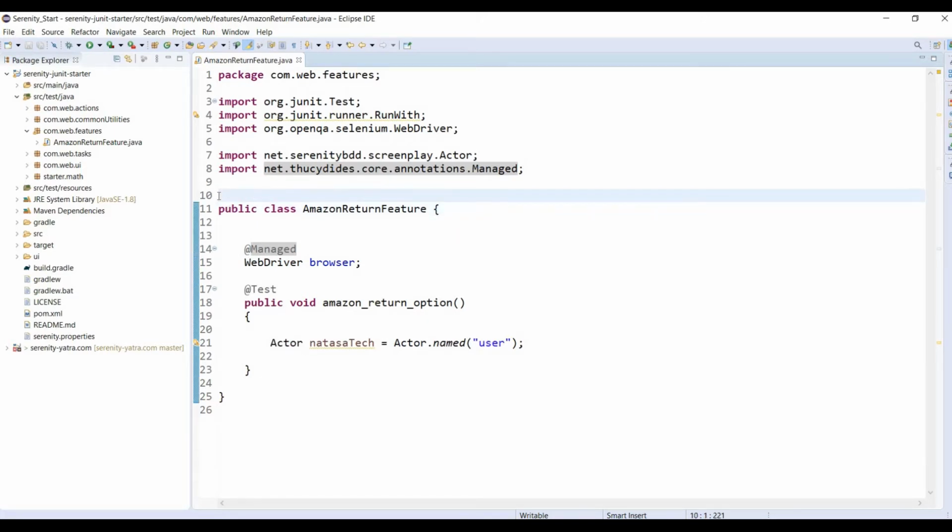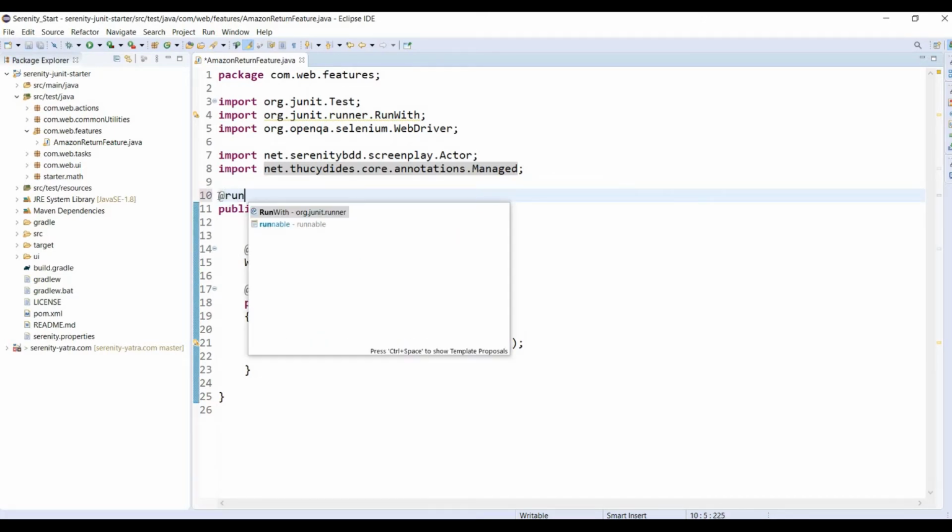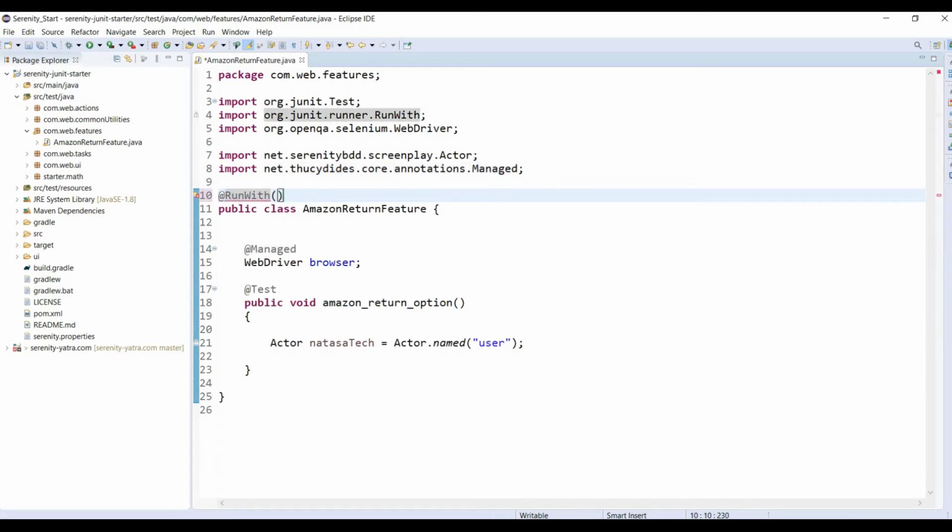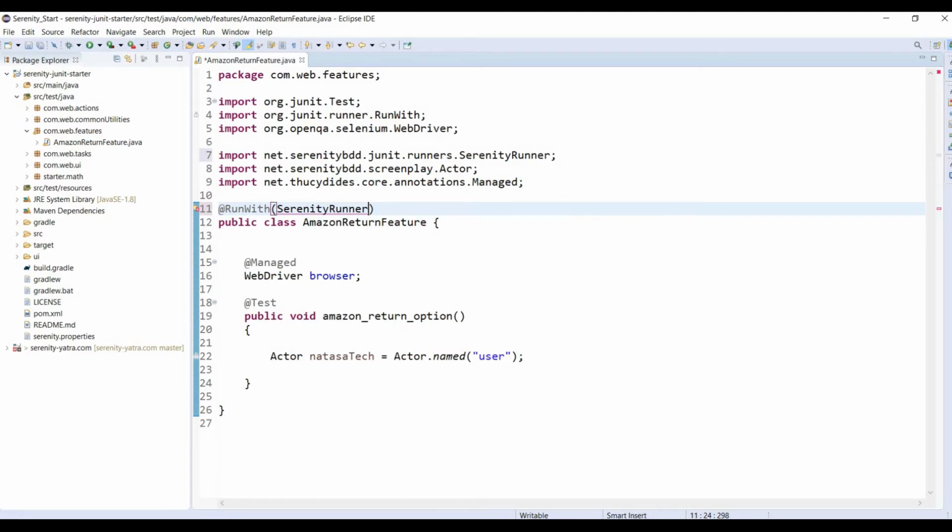So now we have to define the annotation RunWith, and inside it we define SerenityRunner.class. The Serenity runner will pick all the methods available in this class and run them.